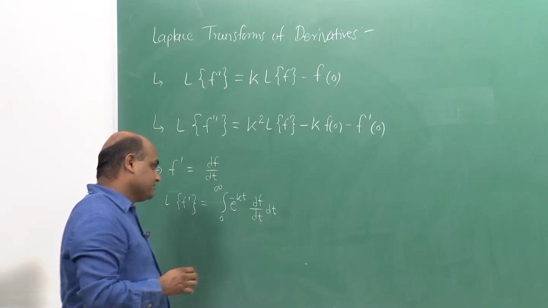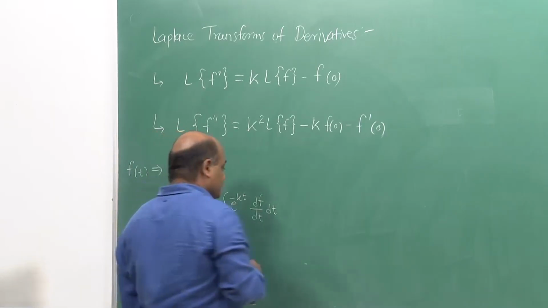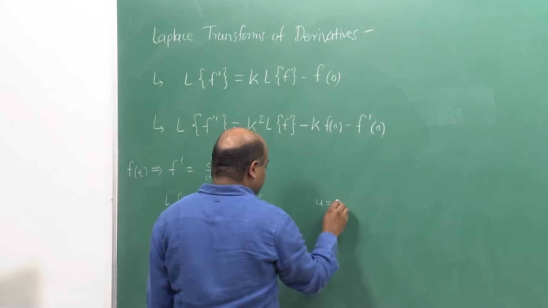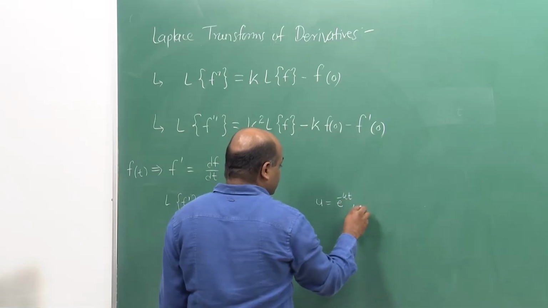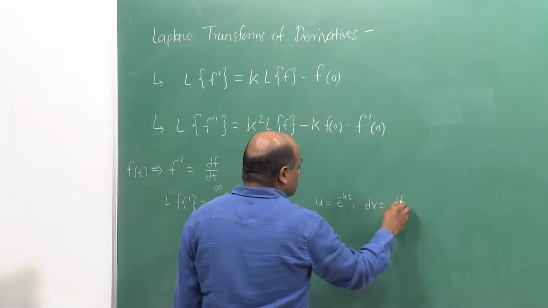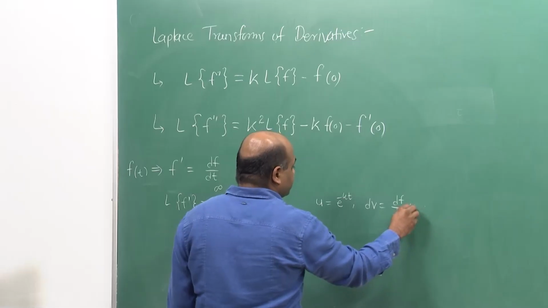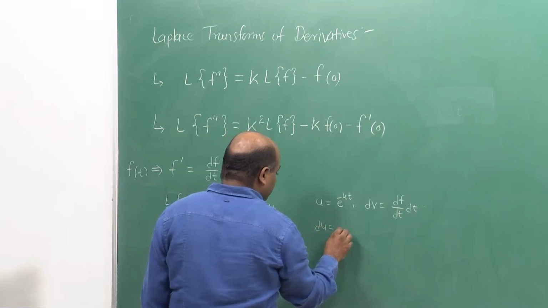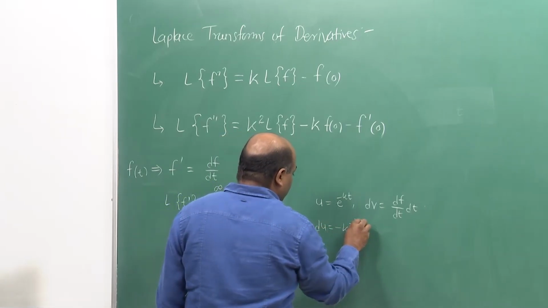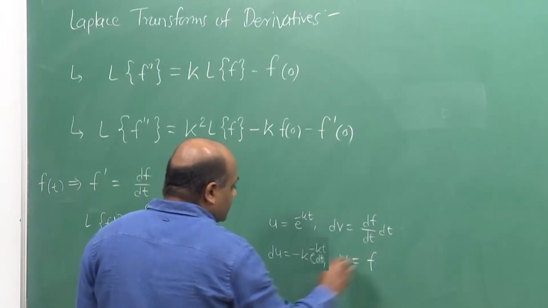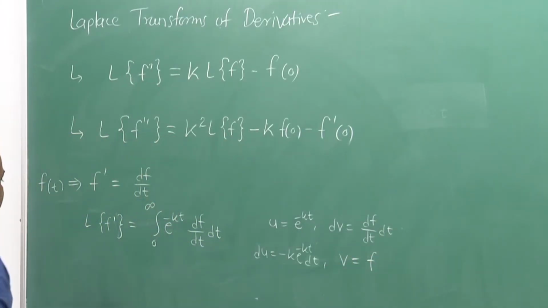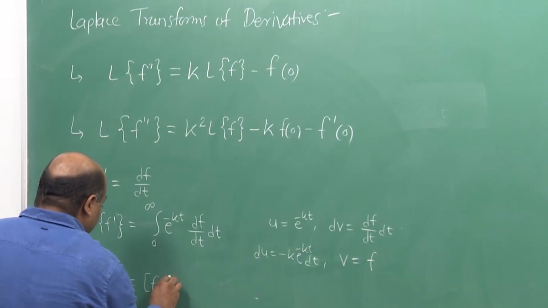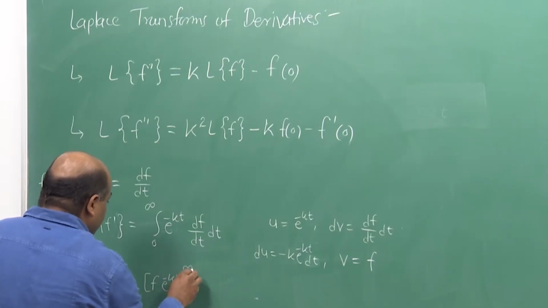Integral u dv, right. So, we integrate by parts. In this case our u is equal to e to the power minus kt and dv is df by dt dt. So, du here will be minus k e to the power minus kt, and v in this case is f. So, uv would be f into e to the power minus kt from 0 to infinity